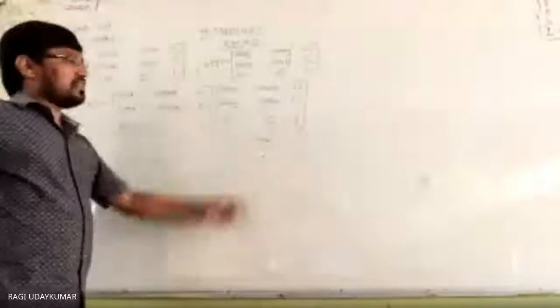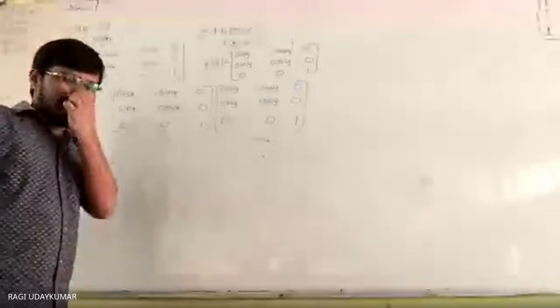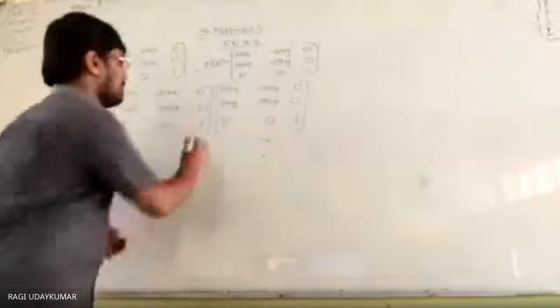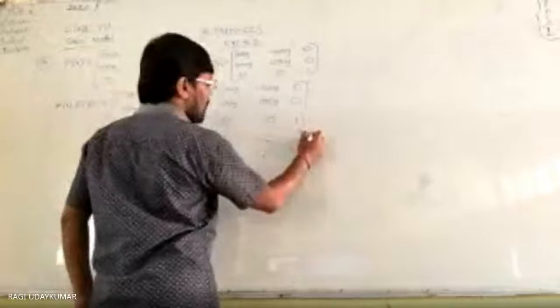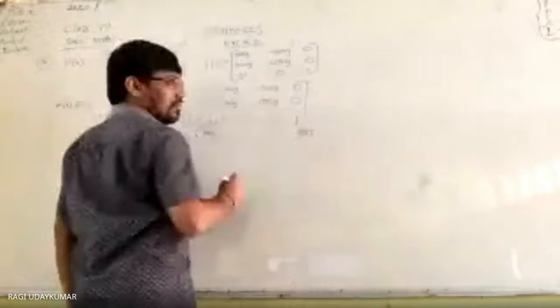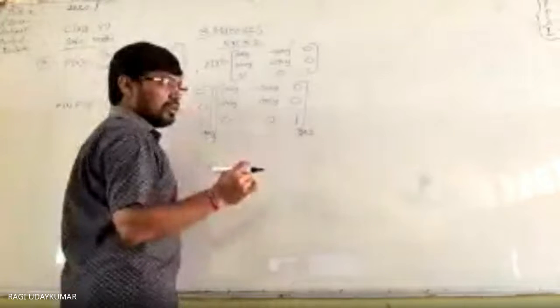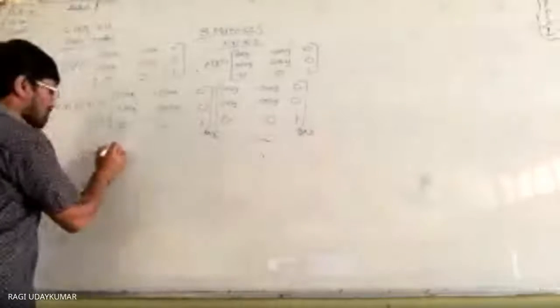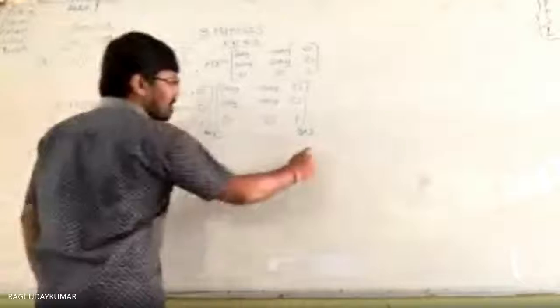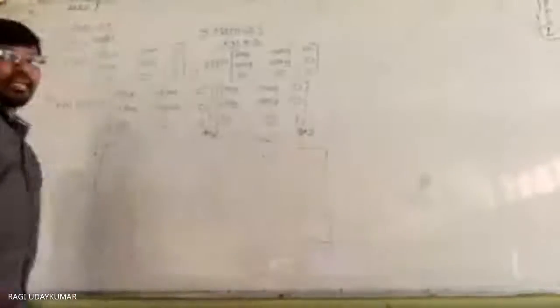This is a 3 by 3 matrix multiplication. Two matrices should be multiplied. How do we multiply? Already you know that. This is a 3 by 3 matrix, and this is also a 3 by 3 matrix. As these two are equal, matrix multiplication is possible. Then the resulting matrix is also 3 by 3. So the 3 by 3 matrix, what you may get is a very big one. Okay, so let us write here.